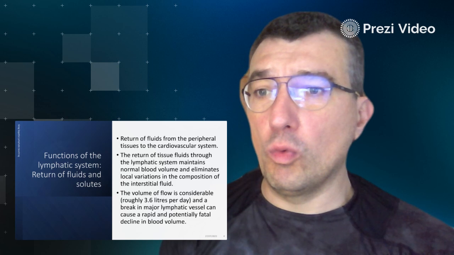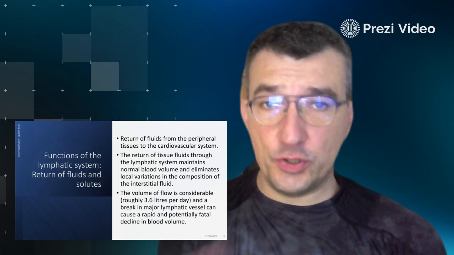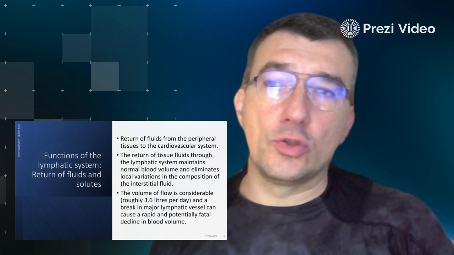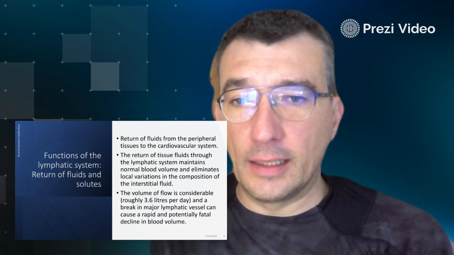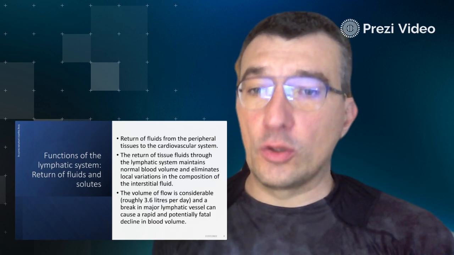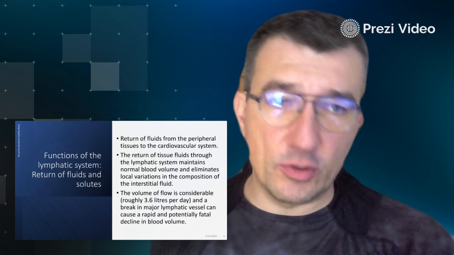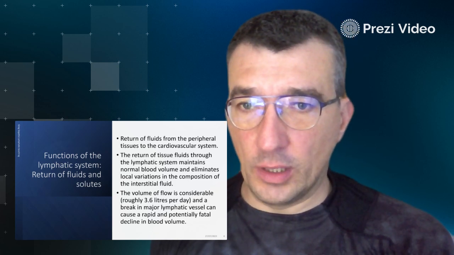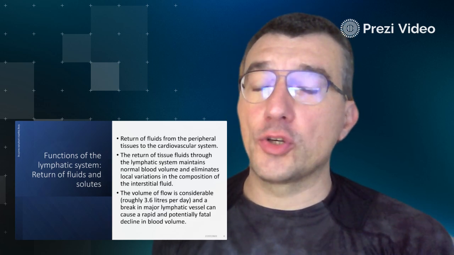Now, what are the other functions of the lymphatic system? It returns fluid from the peripheral tissue to the central system, to the heart. In which way? By dumping all the content into the venous system before entering the heart. The return of the tissue fluids through the lymphatic system maintains normal blood volume, so it contributes to the blood volume, especially the proteins and the water content, and eliminates local variation in the composition of